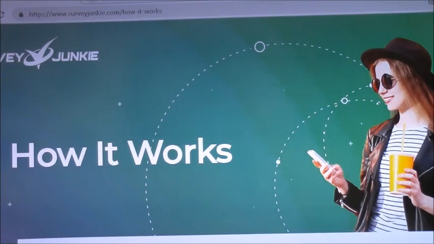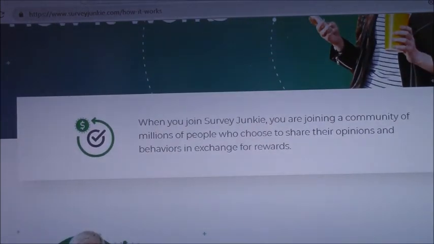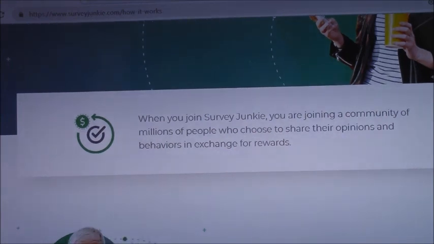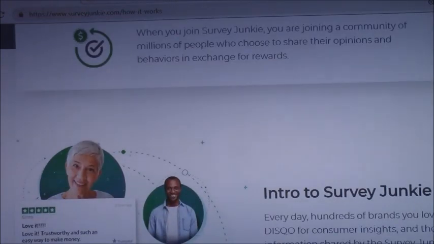It's not Survey Junkie, and you might go to a different company, because there are so many ways of making money online. It says when you join Survey Junkie, you're joining a community of millions of people who choose to share their opinions and behaviors in exchange for rewards.